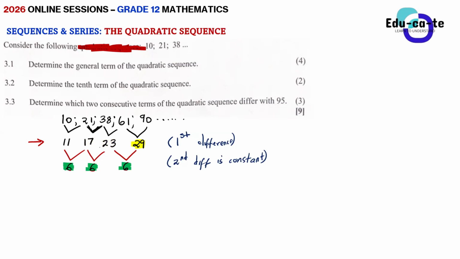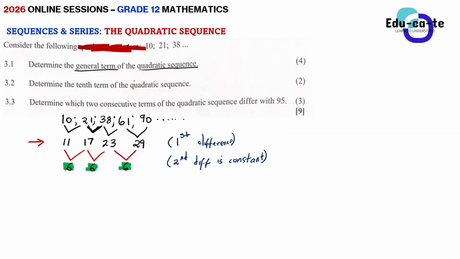So now, what do we want to solve here? We want to determine the general term for the quadratic sequence. Let's just say I want to know term number 100, because you cannot keep on adding manually, guys, and say 90 plus this plus this. No. If they say now determine the general term of the quadratic sequence, what do you do first? You guys have learned this with Mr. Mkunu. Let's see how you do.